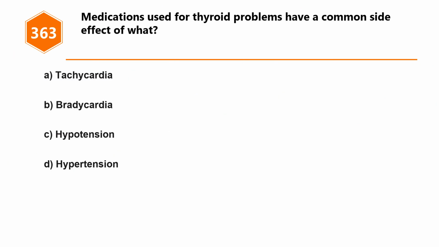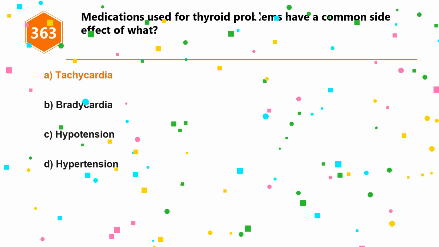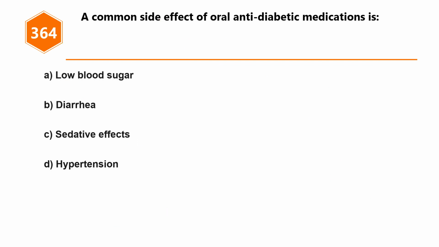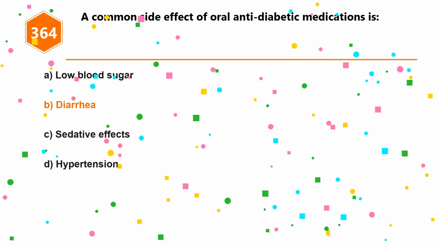Question 363. Medications used for thyroid problems have a common side effect of what? Option A, tachycardia. Option B, bradycardia. Option C, hypotension. Option D, hypertension. The correct answer is option A, tachycardia. Question 364. A common side effect of oral antidiabetic medications is: Option A, low blood sugar. Option B, diarrhea. Option C, sedative effects. Option D, hypertension. The correct answer is option B,